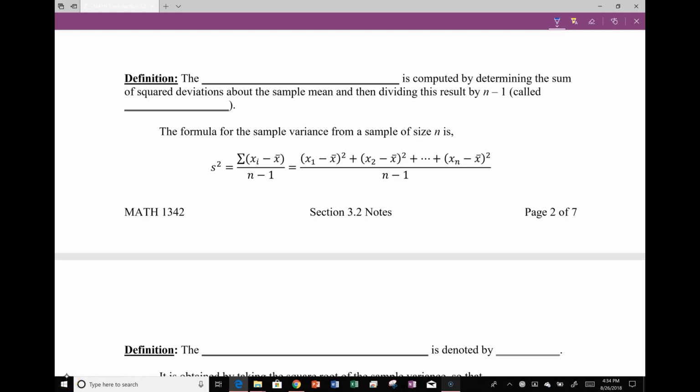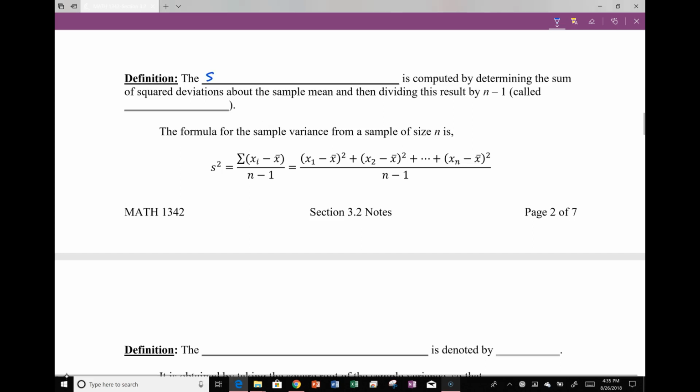In this video, we are going to look at the difference between the population standard deviation and variance that we've already discussed and the sample standard deviation and variance. If you'll recall, the population mean and sample mean were calculated the exact same way. Well, in the case of standard deviation and variance, we calculate them slightly differently.